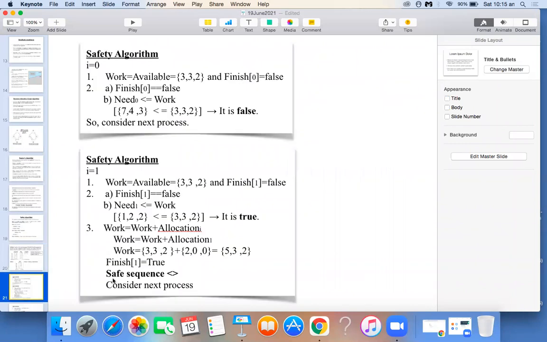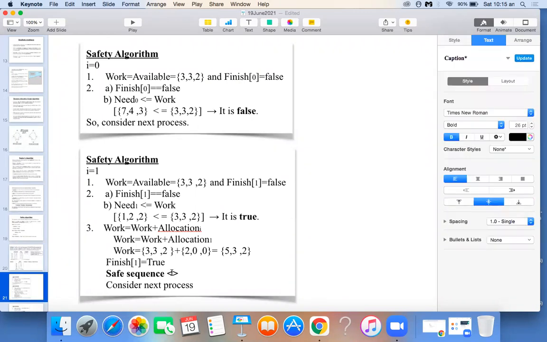Right. Okay. So you'll note it. So we have to write the safe sequence also. What is a safe sequence? I have discussed it in the last class. I have given a definition of it. Safe sequence indicates the order in which the processes have completed their execution and released their resources. Am I clear? So which process has first completed its execution? P1. So write P1 right here in the answer inside the angular bracket. Clear with this? Okay, hope you have taken this one.